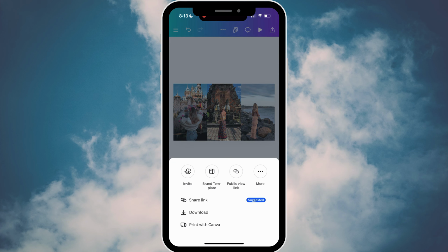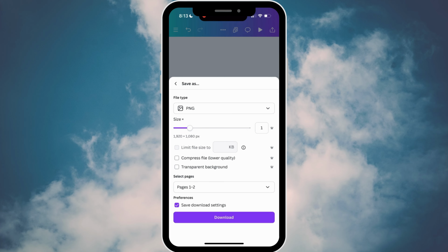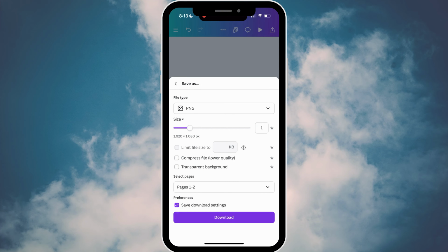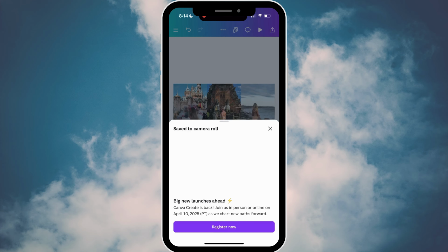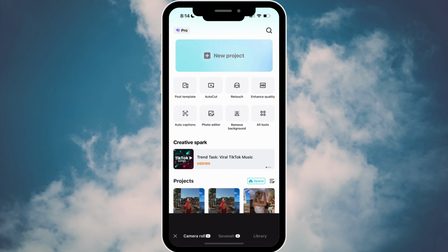Once you have both pages complete, you are going to click on download and you're going to make sure it is a PNG, and you are going to download both page 1 and 2, and you are going to click download. And from there, we are going to go into CapCut and you're going to click where it says new